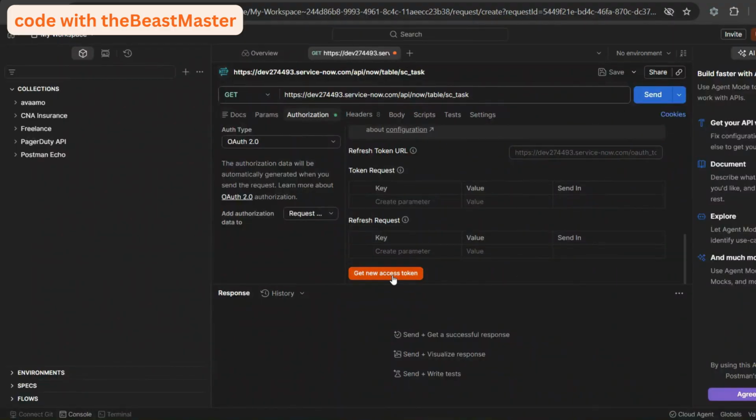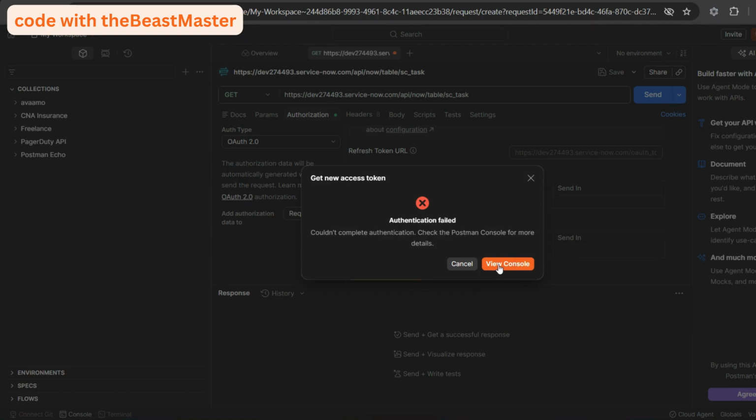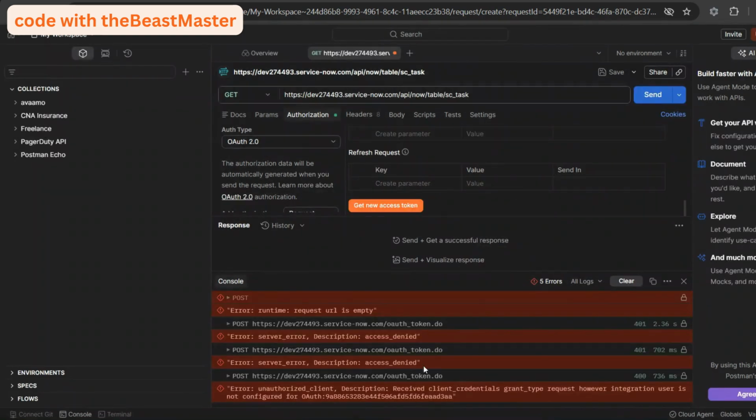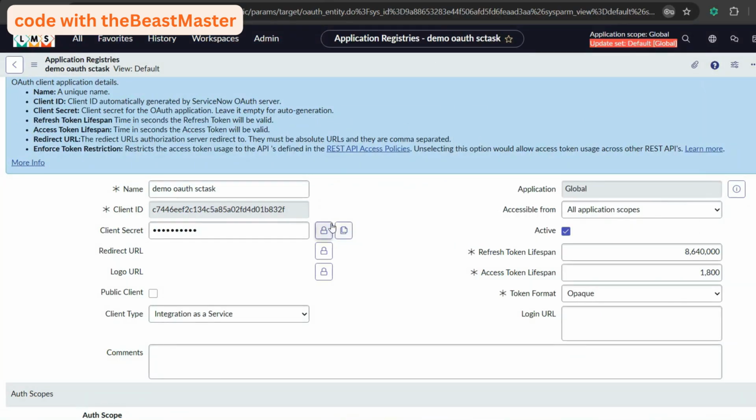Now let's give it a quick try. I'm going to click on get new access token again. It failed again. I am sure it's a similar kind of error. So it says received client credentials grant type request, however, integration user is not configured for OAuth. So we need to configure the integration user when we are using client credentials. We will not be supplying the credentials for that integration user, but it will be used internally within ServiceNow. Now, how we can do that is